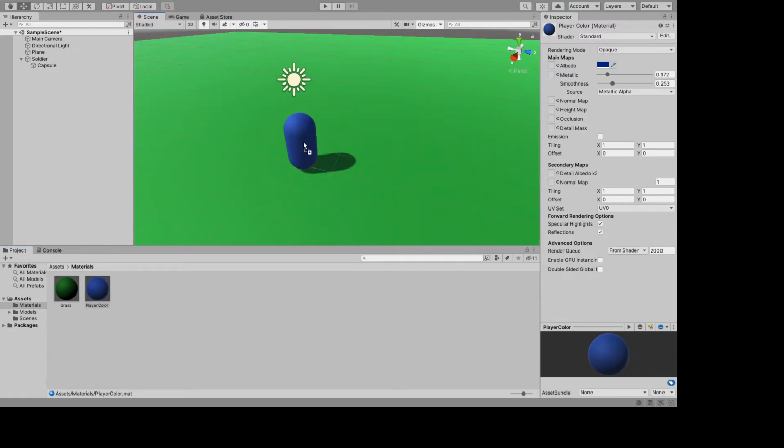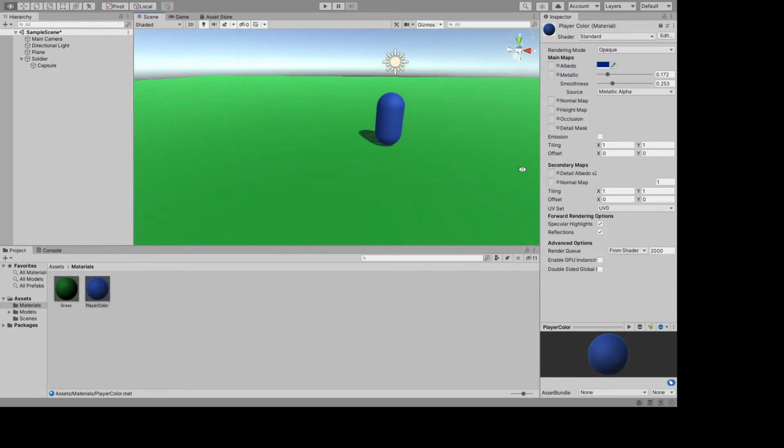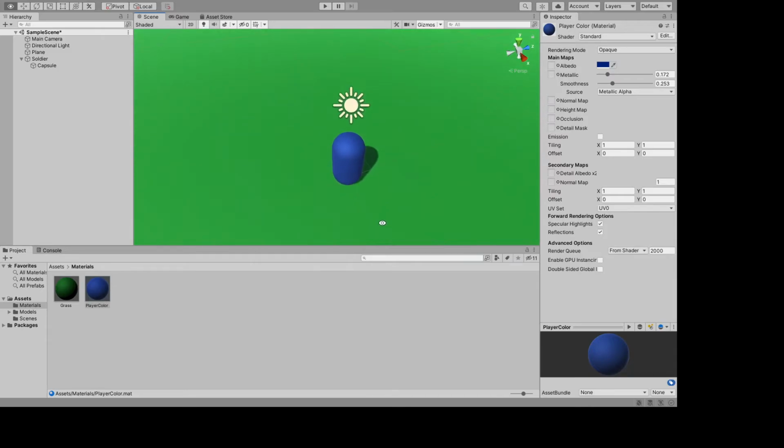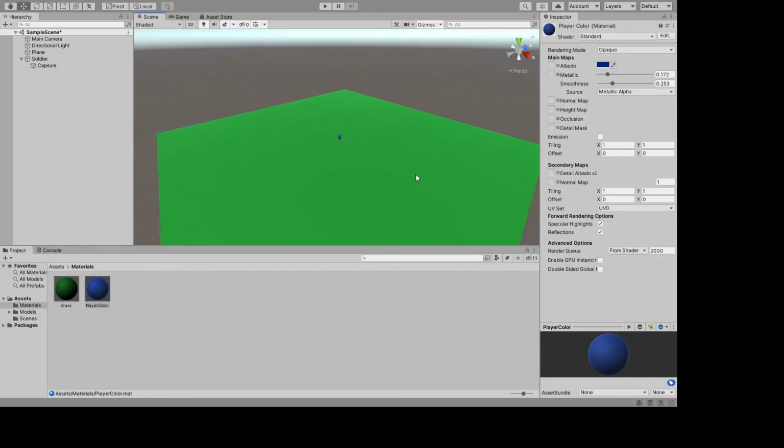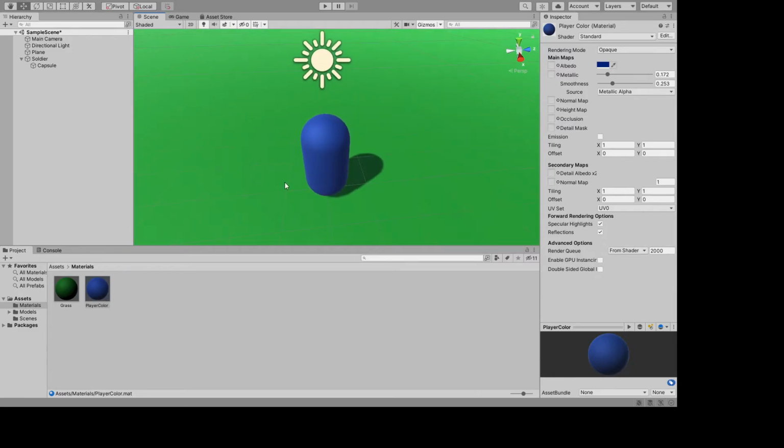And again, we're just going to drag that material on, and now our player is blue. That didn't help us with orientation, but it does help us when we zoom out, we can actually see him. So that's a good thing. Now for orientation, and this is where we're really going to start getting into prefabbing,